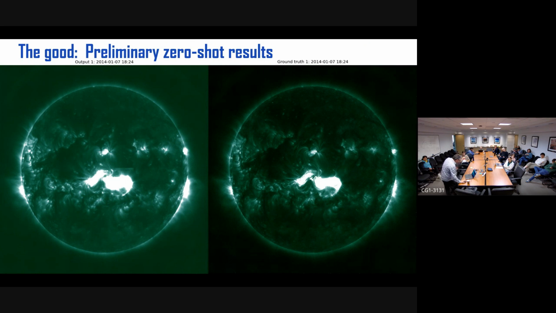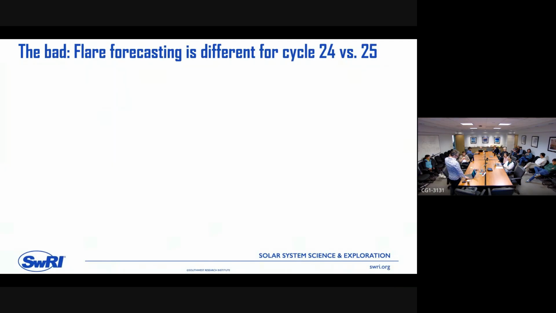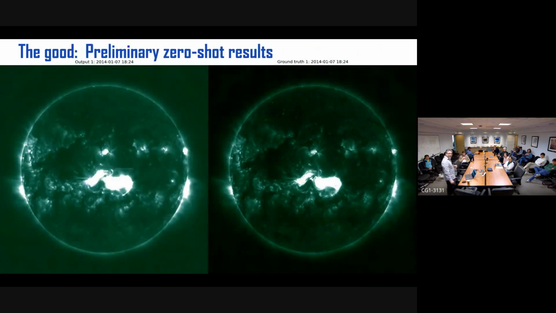You can see some of the artifacts of tokenization here, the fact that we're working with little blocks, this straight line and everything. But I was like, this is crazy. I cannot believe it. So the left is one hour ahead, and this is two hours ahead from the original, and the right is the ground truth. So one hour ahead is this one. Then we feed that hour back in and forecast again for another hour, and the flare is there.